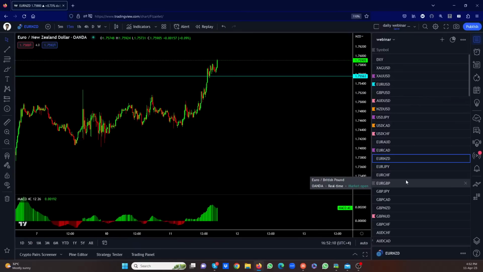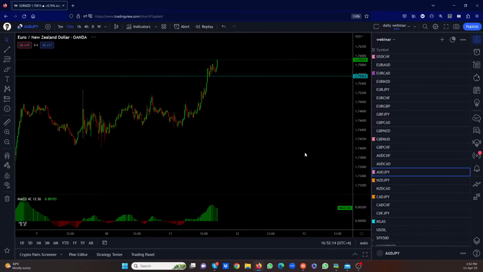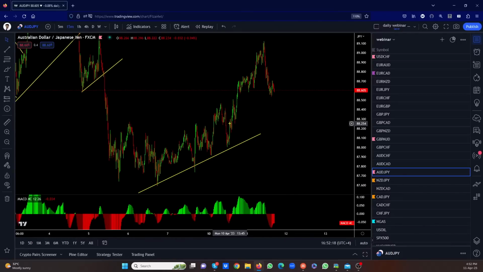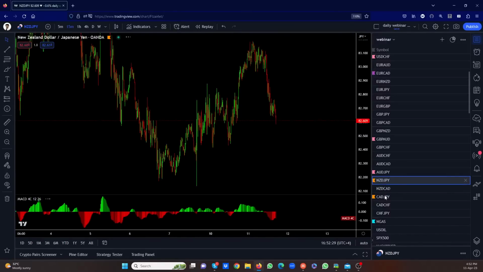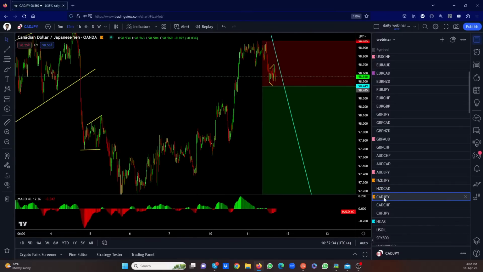What other trades were we looking for? I think the yen pairs had some good ones. Aussie yen, if this consolidates, we sell. Just make sure it consolidates enough, right? Look for this consolidation, and then we're going for a sell. We don't have a trade on the Aussie yen as yet. We have a trade on the New Zealand yen, and we have a trade on the CAD yen. Right, those are the two trade setups we have.